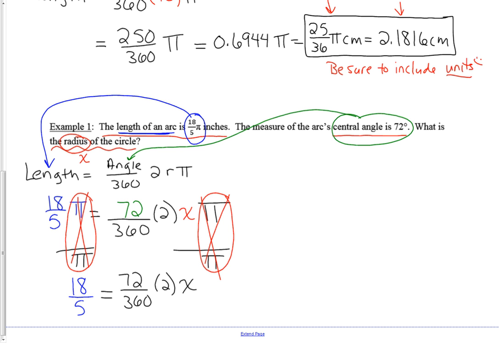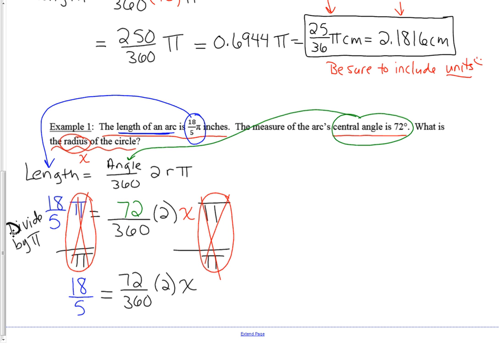One of these would be you could cross multiply if you wanted to. One of them is to do this step by step, but there's many different ways. I just had to choose a way. I'm going to go ahead and write what I did right here. I forgot to do that. Divide by pi. So what I'm going to do next is I'm going to go ahead and I'm going to